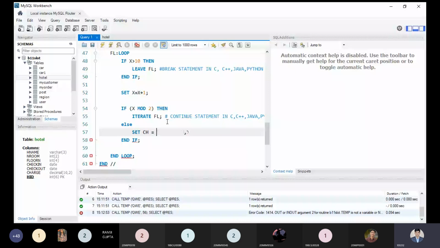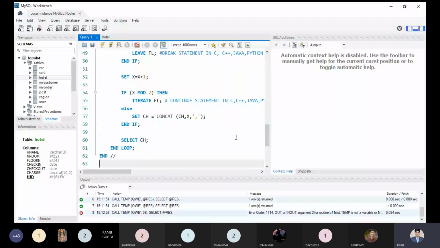And after this, inside the loop, we have to select it. Let me just minimize the font size of this one. Everything will be inside this part right now, so we will understand the concept properly.